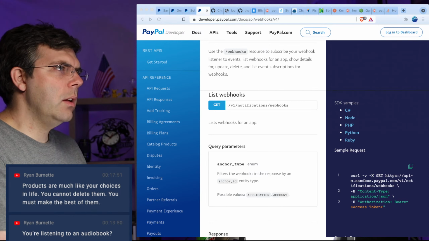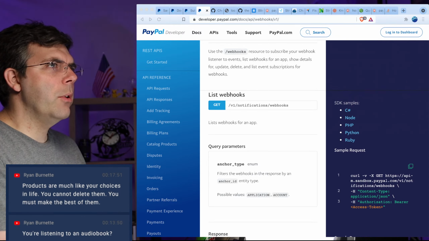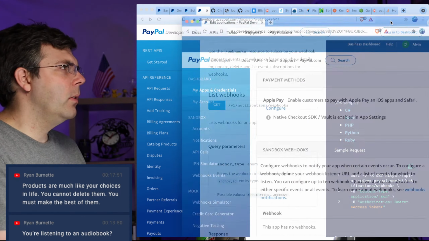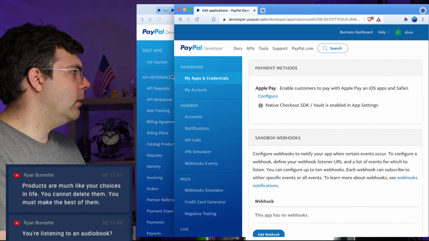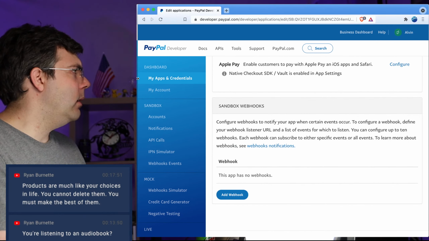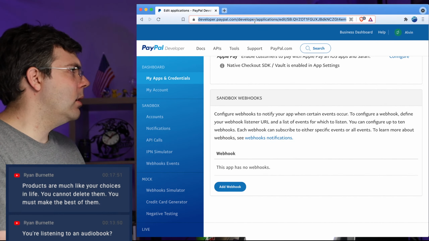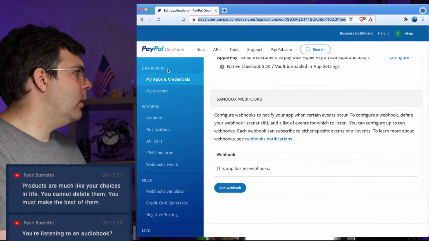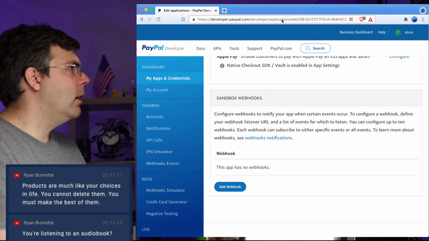Okay, so that's showing the client ID. It's not showing the secret. Return URL. Okay, add webhook. Here we go. So for my sandbox, this is something I need to put in the documentation. Oh, bother. So I can't link directly to it.